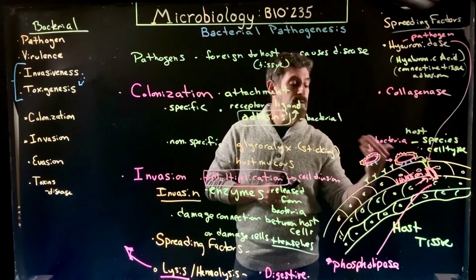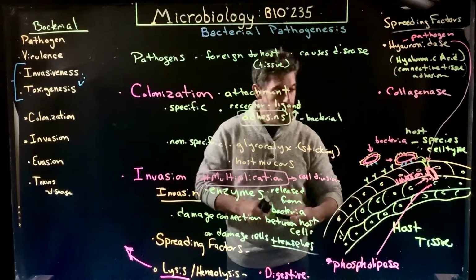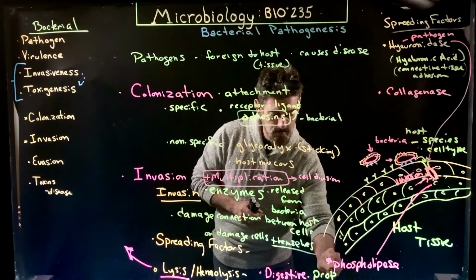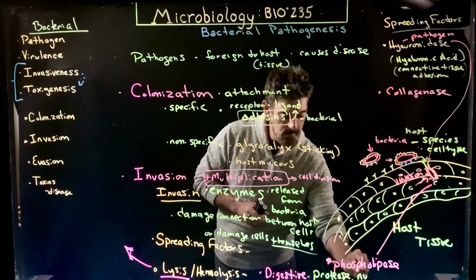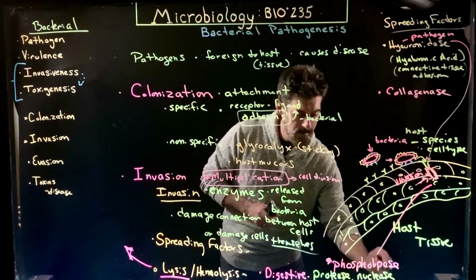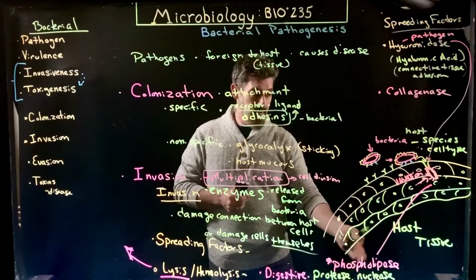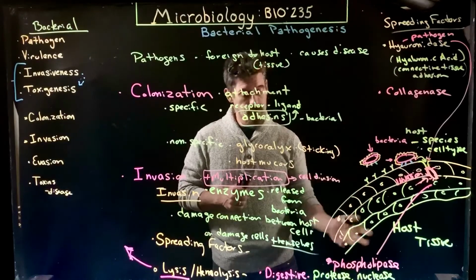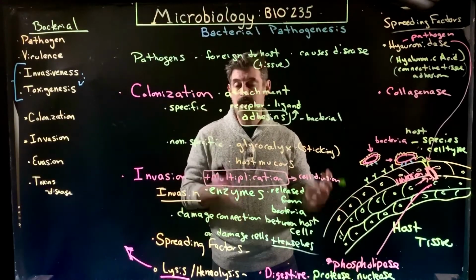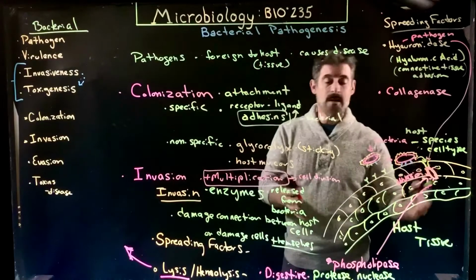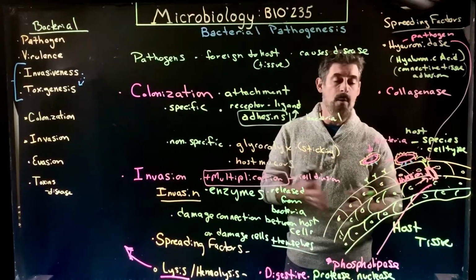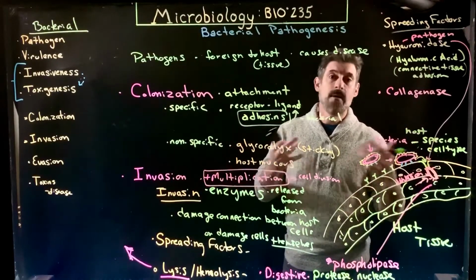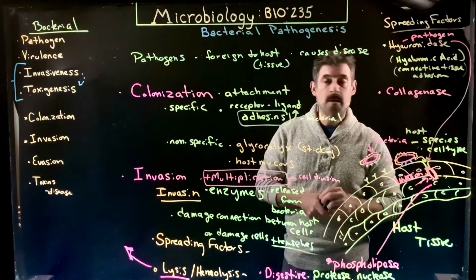Right? These are ones that are going to break down from that cell the proteins, so proteases, nucleases, etc. So things will break down the DNA and RNA so the bacteria can use it for raw material. Break down the proteins into amino acids so they can use it as raw material, and so on. A whole variety of different digestive enzymes that the bacteria will then release to start to use those cells for their raw material, and increase the available nutrients they have for cell division to increase their spread.